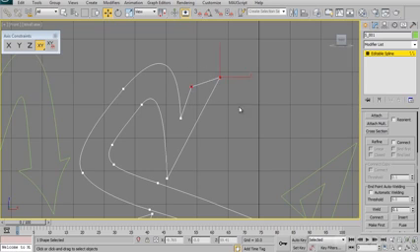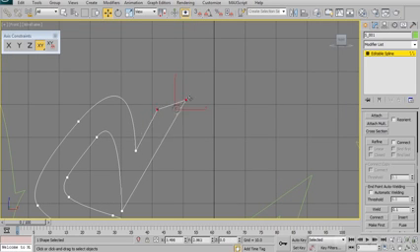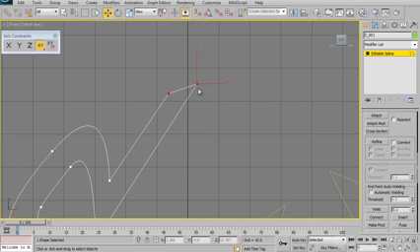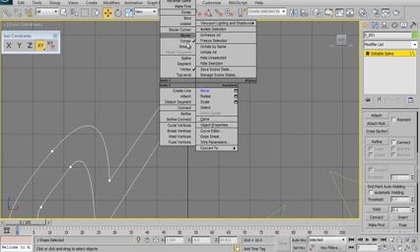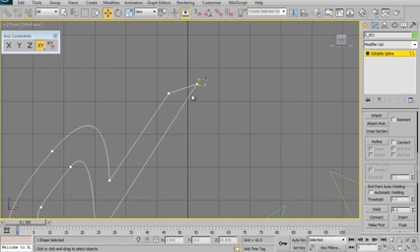Put an arrow on the top of the S up here. So I'm just going to drag these up and turn them into corners, which they already are, which is great. I'm just going to pull this one down a little bit, and then I'm going to refine, stick in my other points,